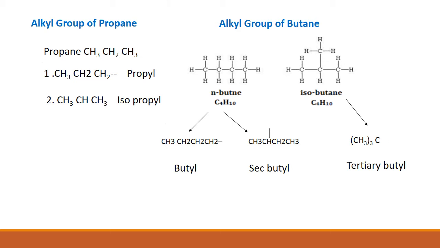Butane can also be represented as isobutane: a 3 carbon chain with 1 carbon, with its hydrogens, at the central carbon. It is isobutane, an isomer of n-butane. So it can give the tertiary butyl, meaning H can be removed from the central carbon. It will produce a new butyl group, the tertiary butyl group. So H is removed from the tertiary carbon, the 3 degree carbon, so the alkyl group will also be tertiary butyl.